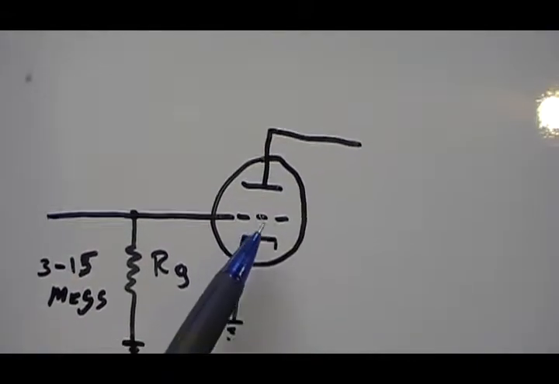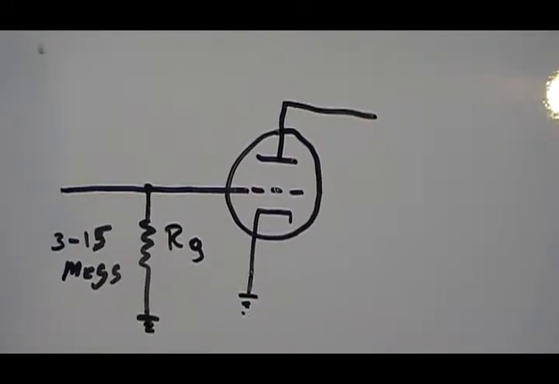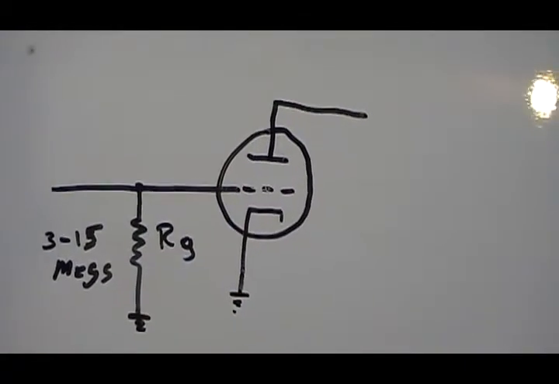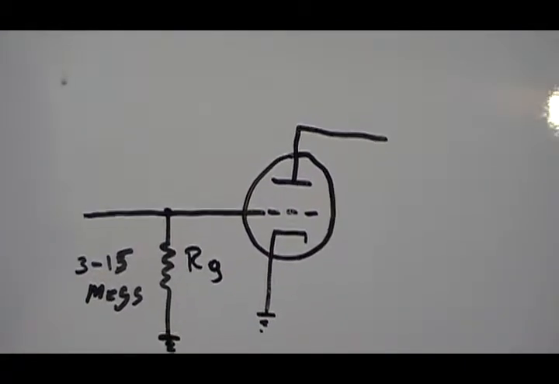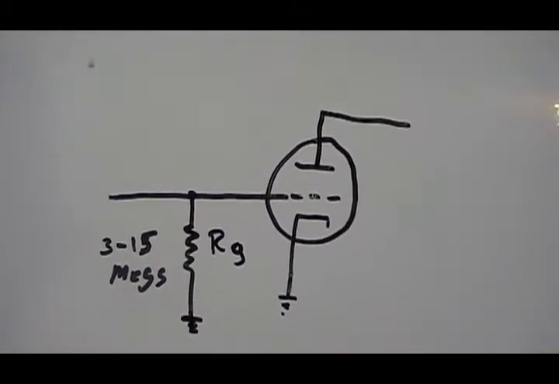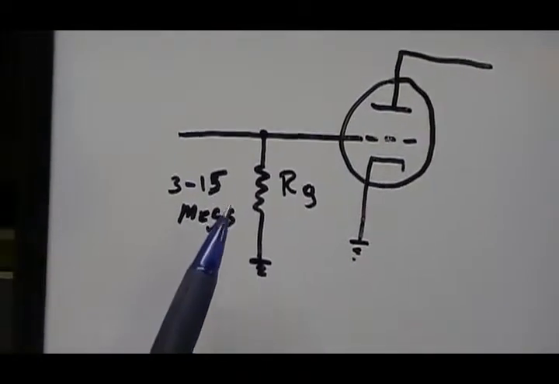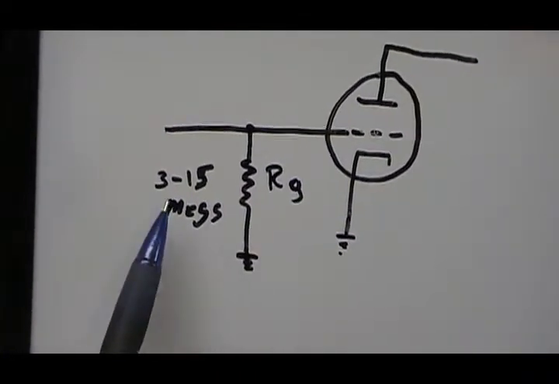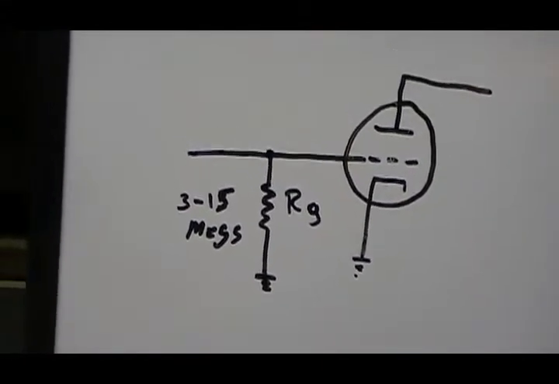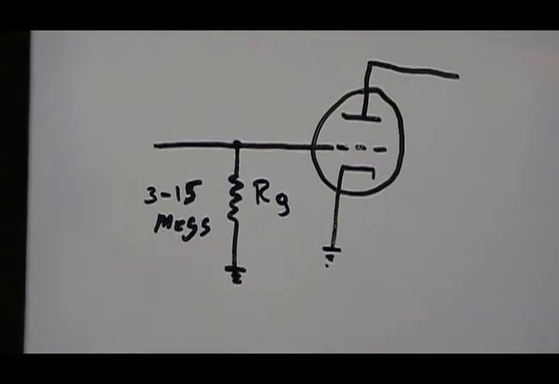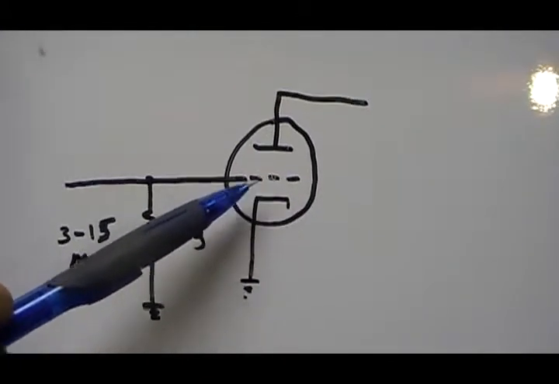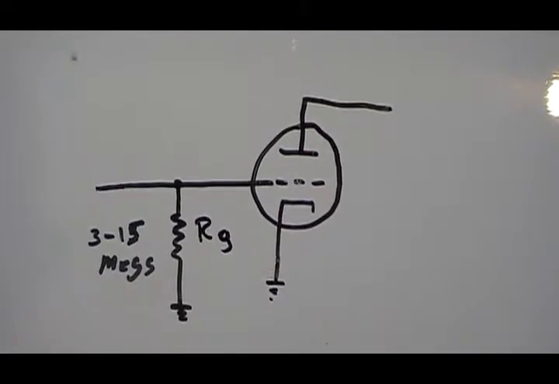So you end up, and that's what you want, the grid should always be negative. So you end up with a negative voltage there, or actually negative charge. Now, the way to make it work is you want to make absolutely sure that you can never have any type of current flow in there, and the way you do it is your RG, your standard grid resistor, you make it extremely large. Usually somewhere from 3 to 15 megohms is the standard size. That pretty well limits any potential of this grid going positive and keeping it pretty much negative, so that the